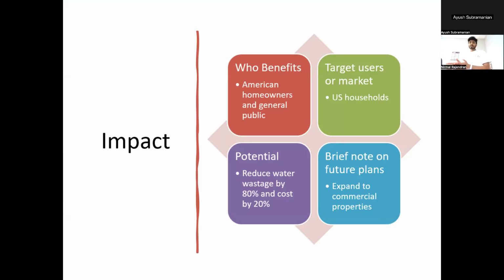Second, that's the target users or the market that you're trying to sell this product to. US households, once again. And then finally, the potential, right? What is the actual impact that you're going to have on the planet? For Droplet, it's going to reduce water usage by a lot, save money, and also help the climate